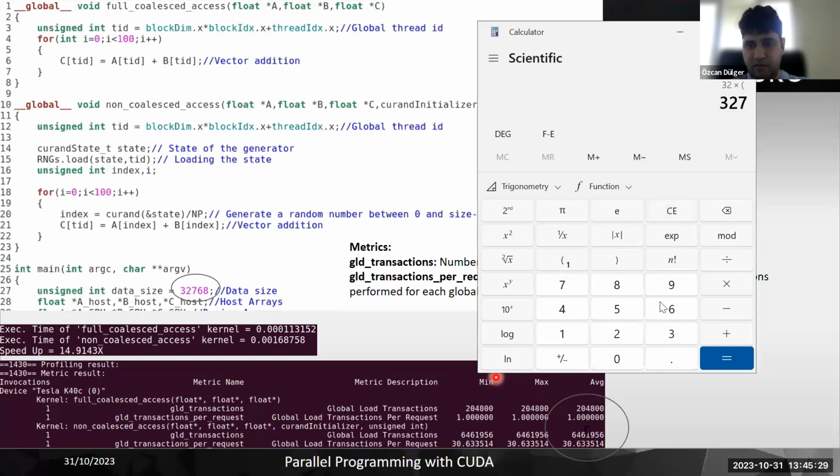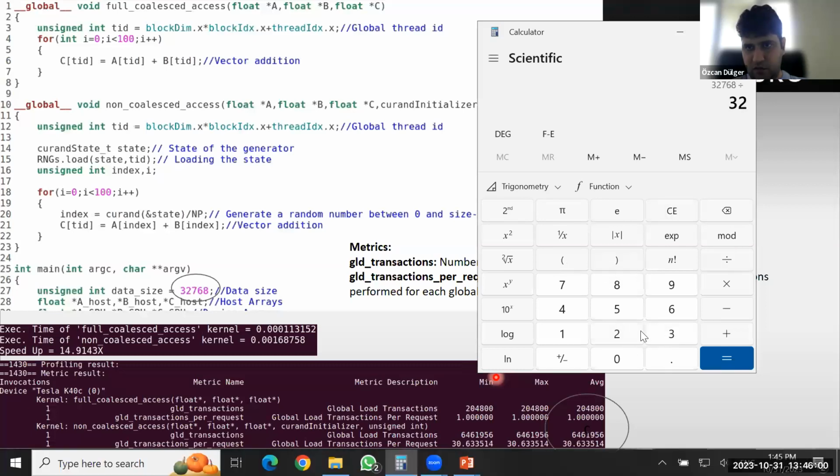In order to obtain the number of warps, we must divide it by the number of threads in the warp, that is 32. Here we have 1024 warps, and here at each warp,